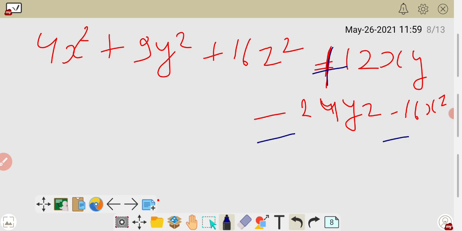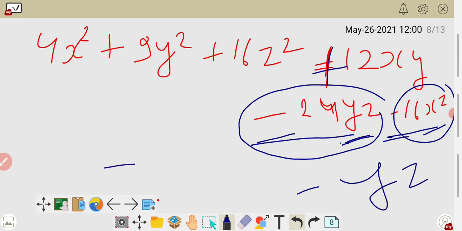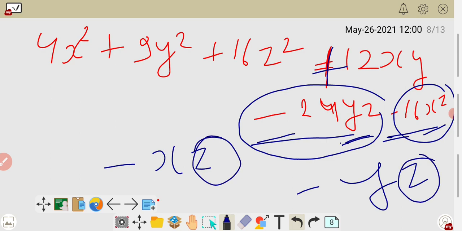So just see here, negative comes in this term and this term. In both terms you have a negative number. Now which one is common here? yz and xz. So yz is there in that term with the negative, and in that term you have negative xz. Which one is common here? z is common. It means that z is negative.